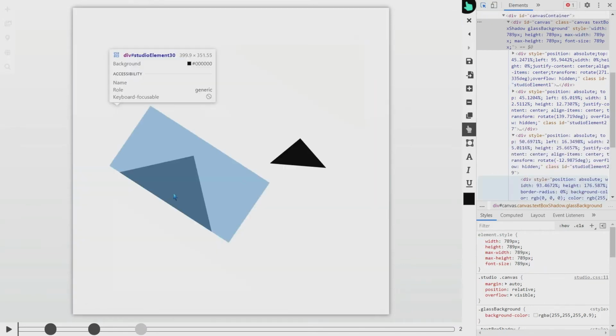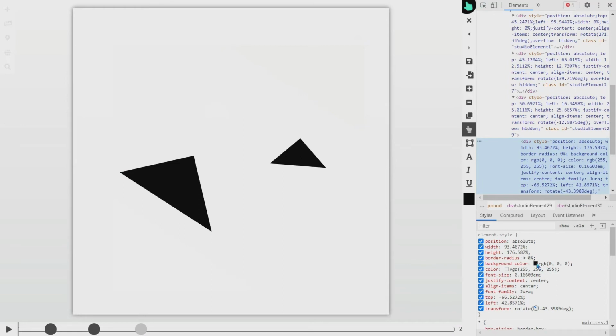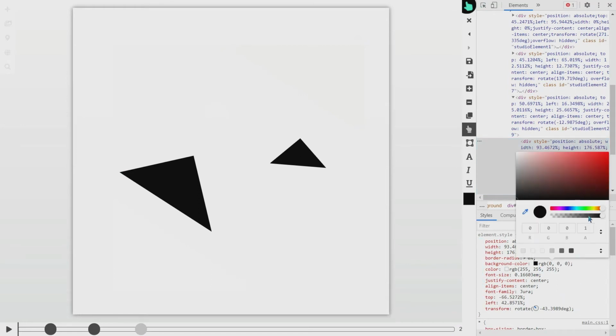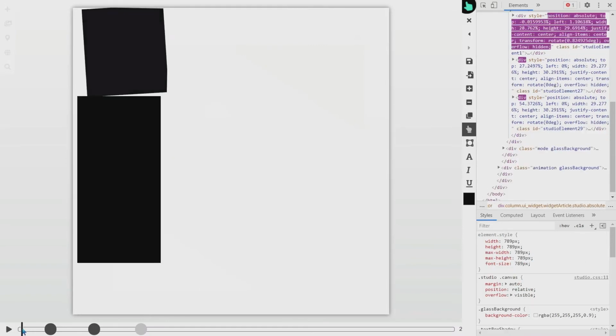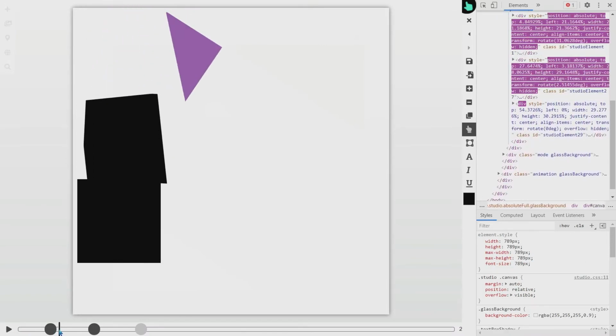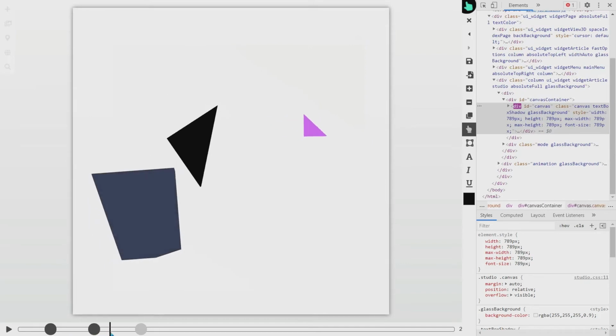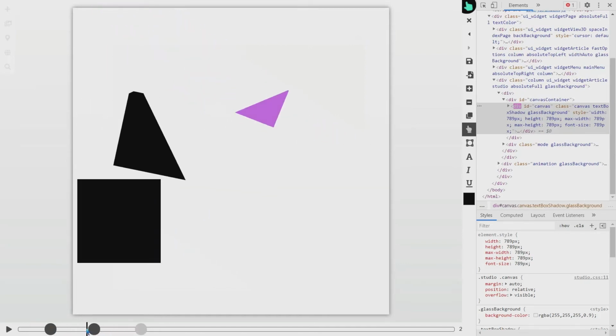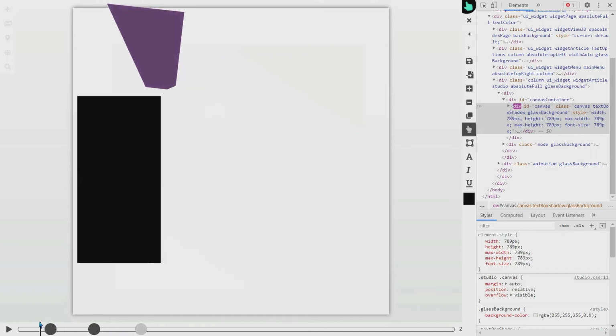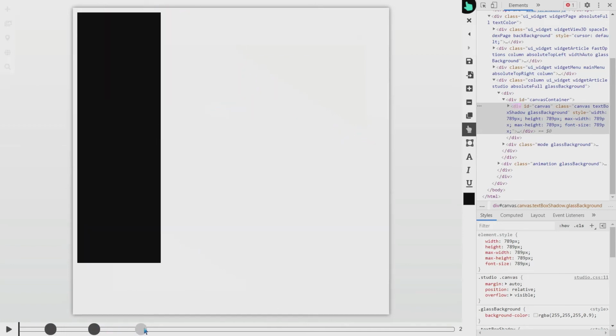I want the color to be different. Let's make it blue. I like this color. Okay, so what we have here, the first one starts to go away, and then the others are following him. Okay,